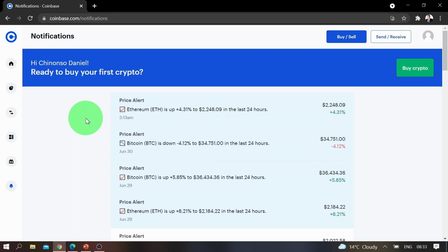So now that we've talked about Coinbase, let's talk about Binance. And since it's the largest crypto exchange in the world,